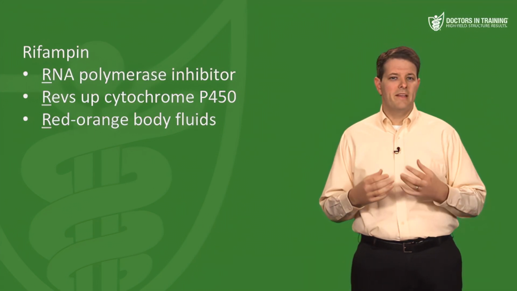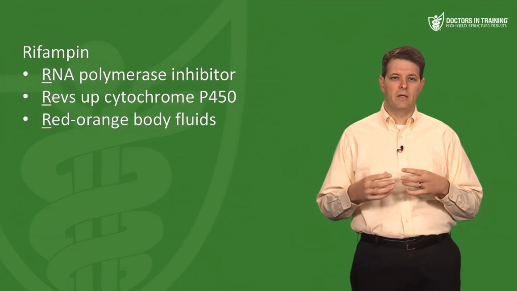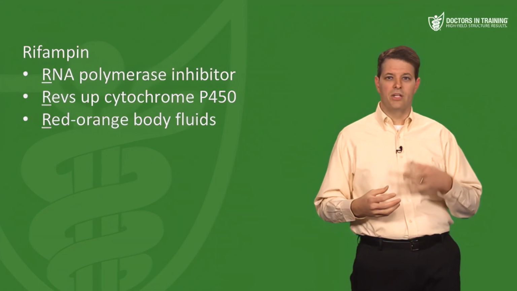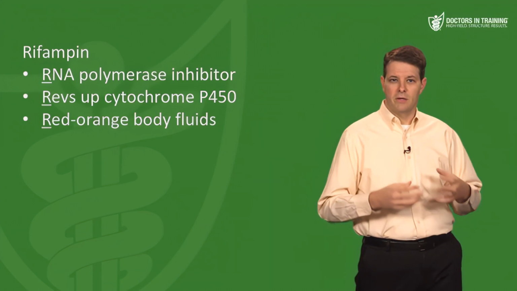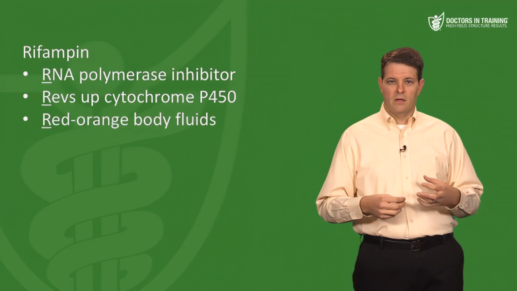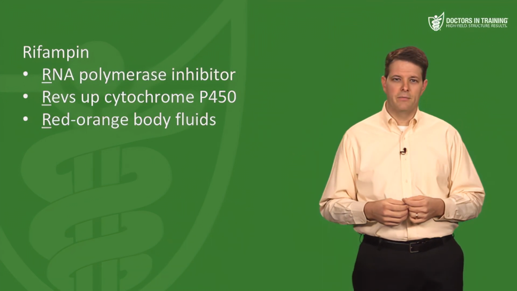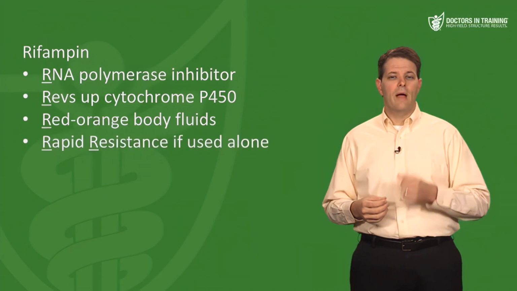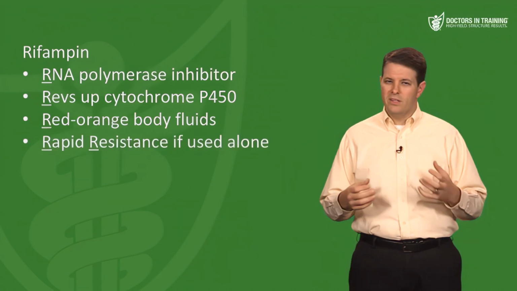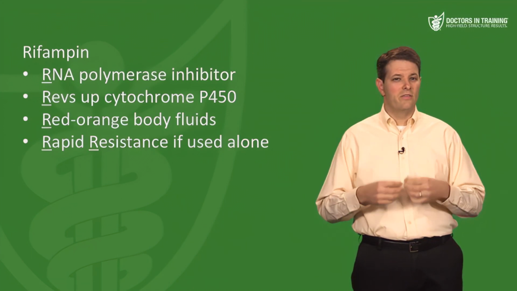So one way you might be tested on this is a patient who has some indication for taking rifampin, and then they come in complaining of red tears or red urine, or they may say they have blood in their urine, but the dipstick is negative for blood and there are no red cells in the urine. And then the question is going to ask you what drug might cause this. Think about rifampin. Then the last R is for rapid resistance. We don't really use rifampin by itself most of the time because bacteria become resistant to it fairly rapidly if